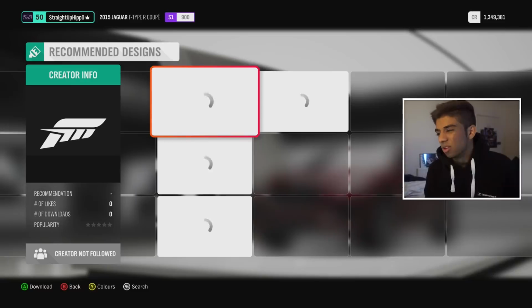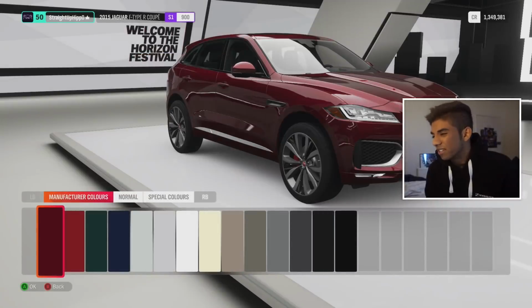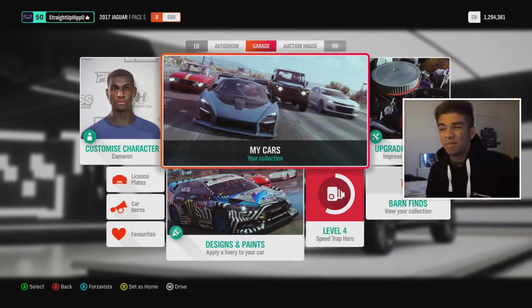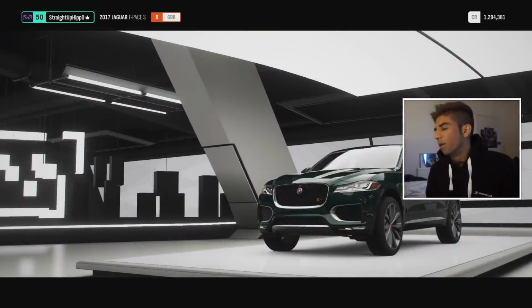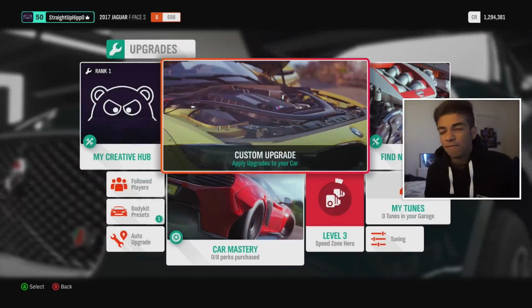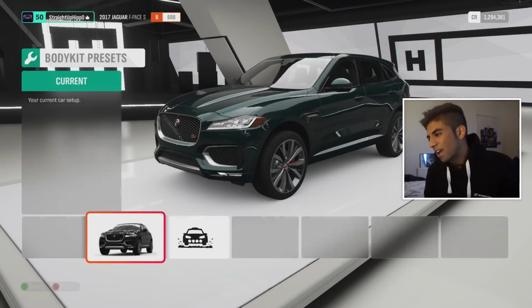I'm probably never going to use most of these cars. Maybe the F-Type, but other than that, I'm probably not going to use any of these. I'm very aware a lot of this has probably come over from Forza Motorsport 7, but even with stuff like the F-Pace, it makes a lot more sense now, obviously, because there's no off-roading in Forza Motorsport 7. But in this game,